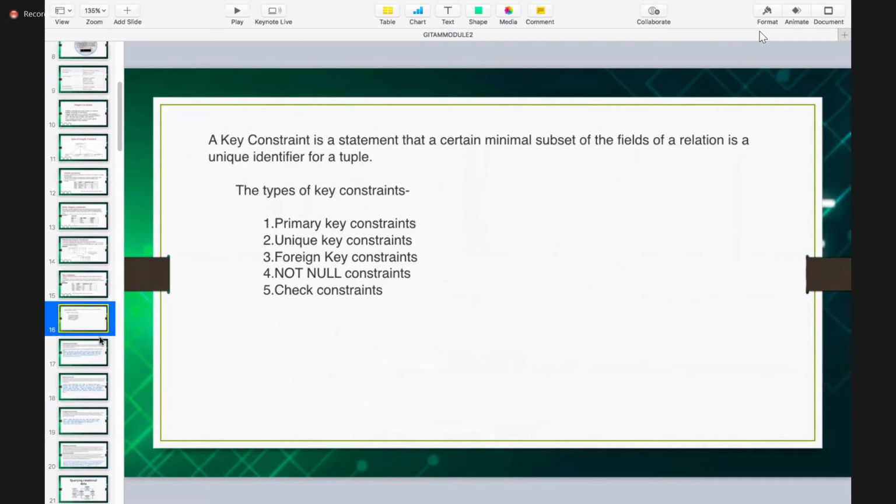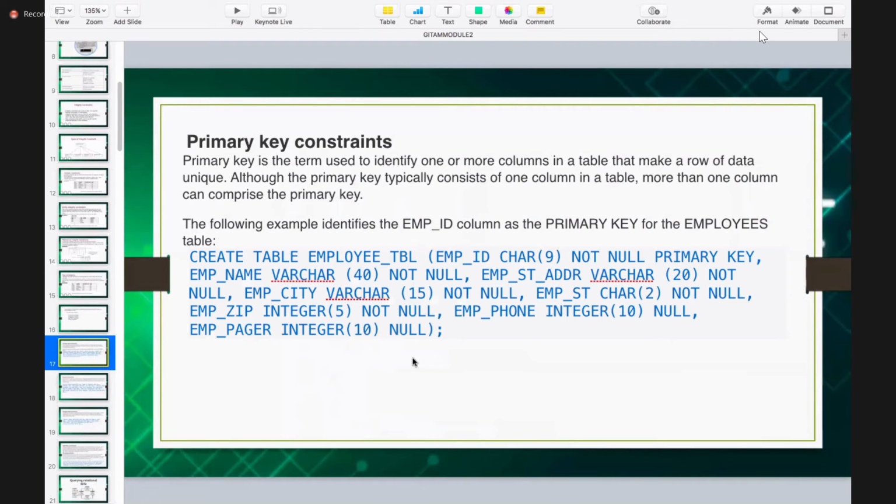Okay. So these are the examples which are taken. I have shown you practically, right? Similarly, these are a few examples. Can you tell me what this table is talking about? What is this table specifying? Anybody from the class? It was creating a table employee. How many fields are there?